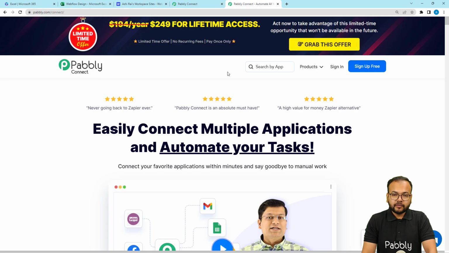To set up our workflow, we are using Pabbly Connect, which is an integration and automation tool, and this is the landing page of Pabbly Connect. You can find the link of this page in the description, guys, and from here you can sign up for free and you will get free automation tasks every month. So sign up right now from the given link, and after that sign in and follow me through the video